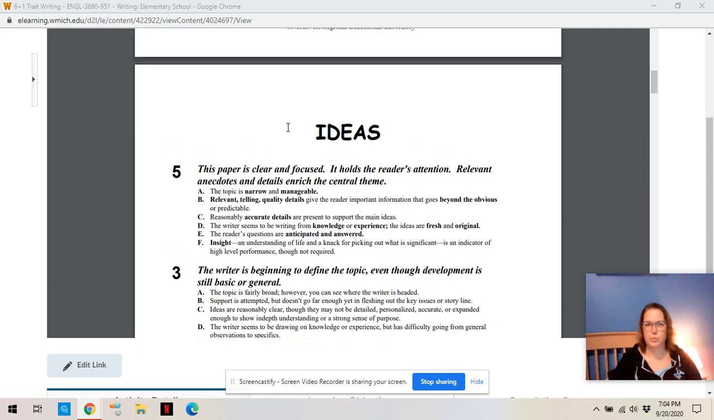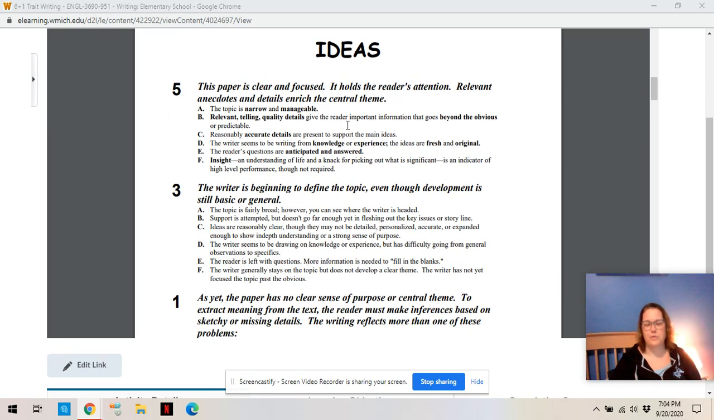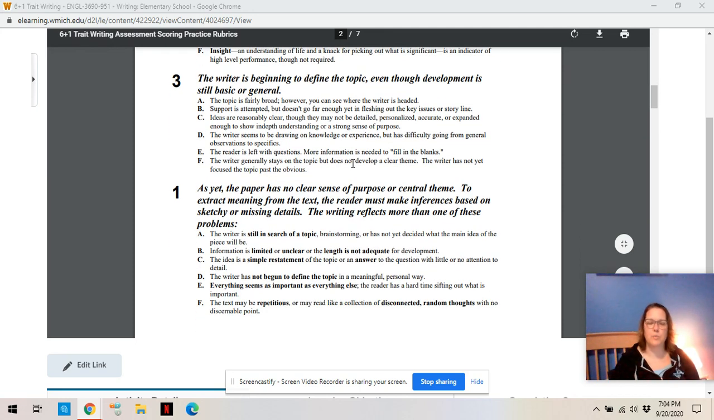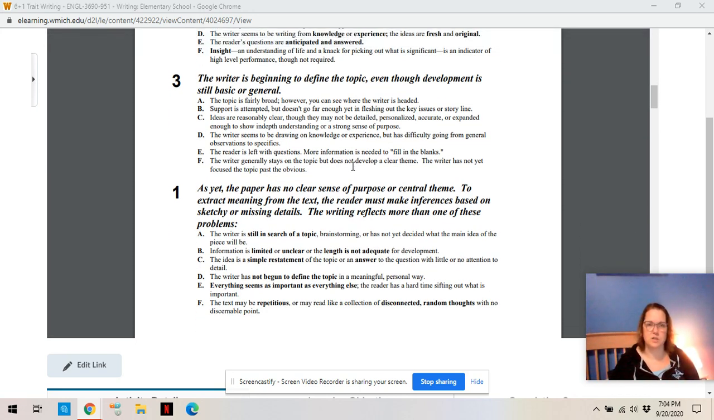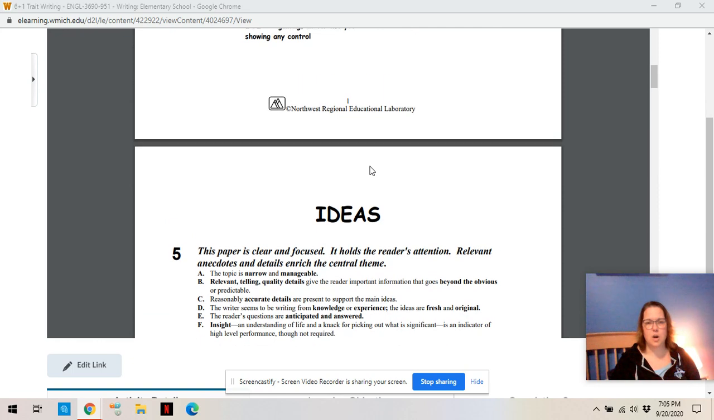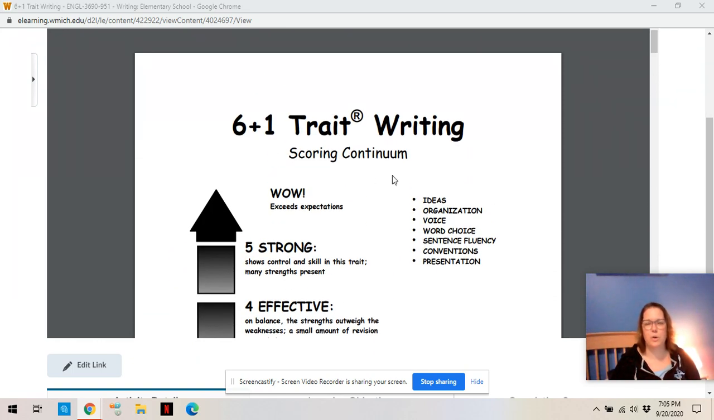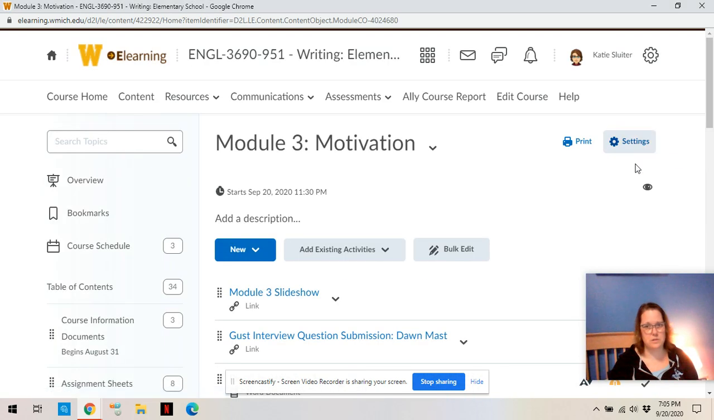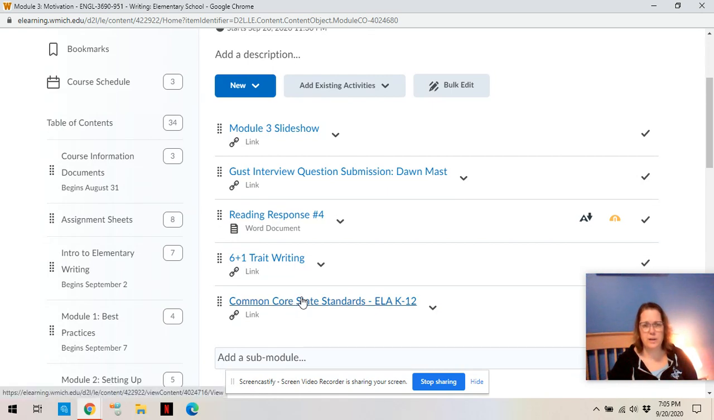So how would you evaluate a paper if you're evaluating the ideas trait? And we will talk more about evaluation later in the semester, but you don't have to always be evaluating all 6 traits on everything kids turn in. Sometimes we just focus on a few of these. So this will be a big help for helping you understand what they're talking about when they talk about the traits of writing. The other thing that may be a helpful resource to you is that I put in a